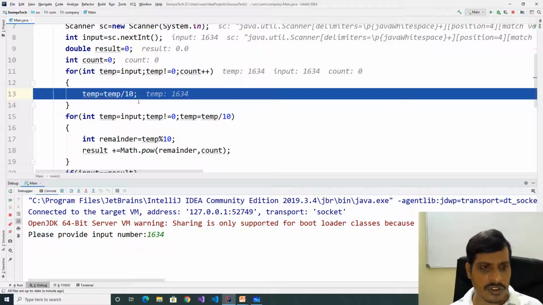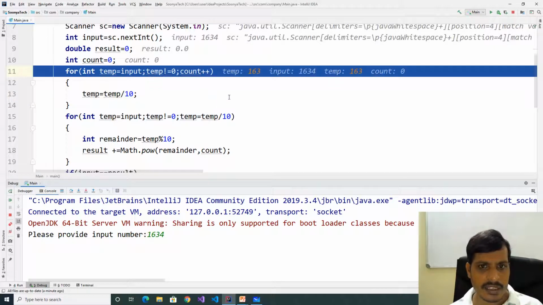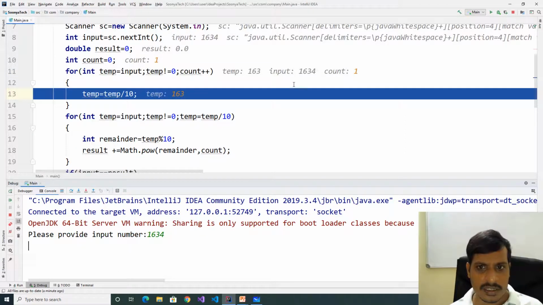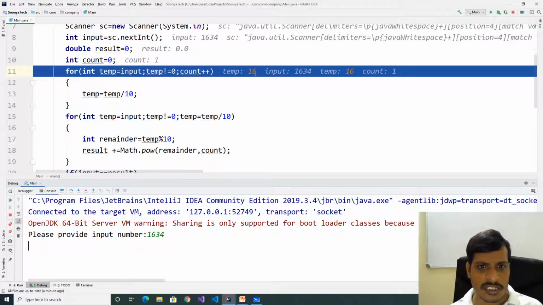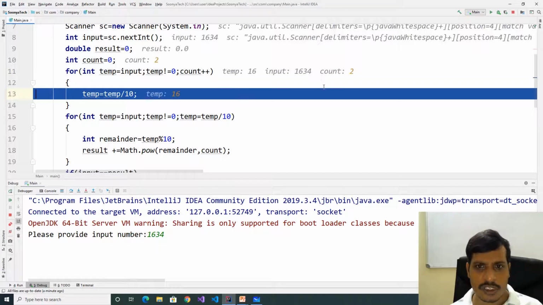Here 1634 divided by 10. Now temp is equal to 163. Count incremented by 1. Later temp is equal to 163, 163 not equal to 0, true. Here count is equal to 1. Here 163 divided by 10. Now temp is equal to 16. Count incremented by 1, count is equal to 2. 16 not equal to 0, true.